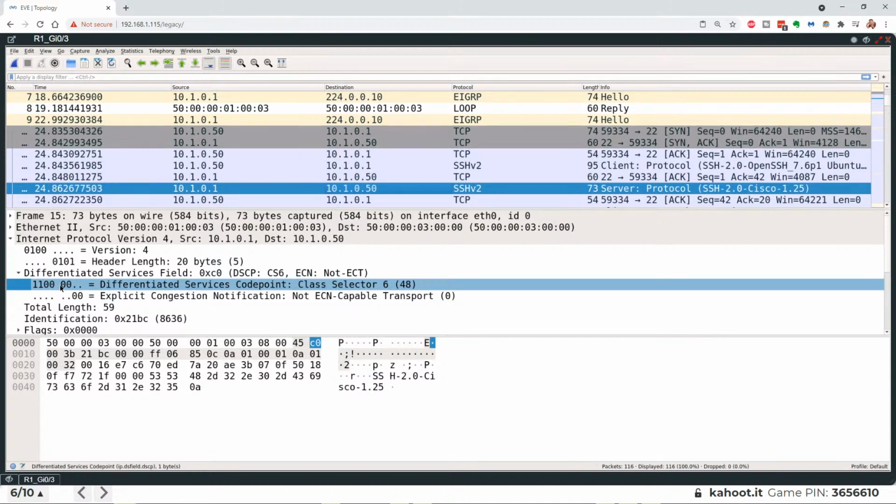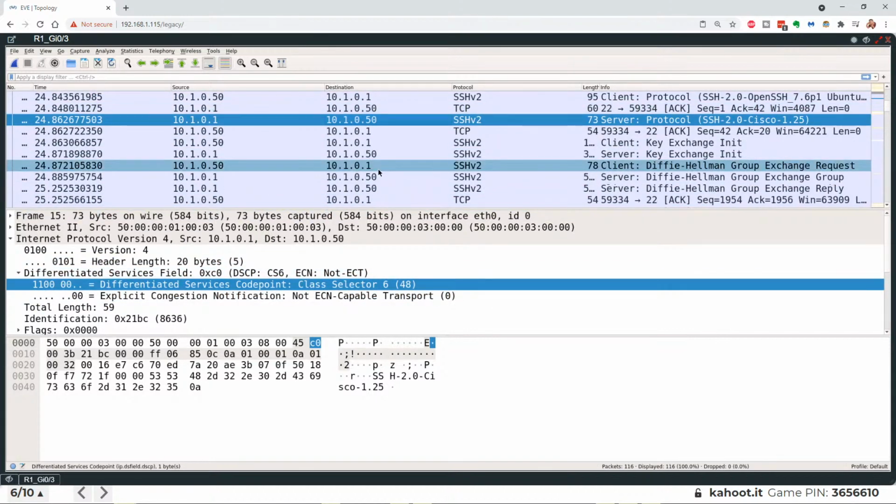This is an example of the marking that we're talking about when we're talking about QoS. So at layer 2, there's marking capabilities if we're on a trunk with CoS, class of service. At layer 3, there's marking opportunities with these bits, depending on who you read and what the technology is. They could be called IP precedence or DSCP, differentiated services code point.